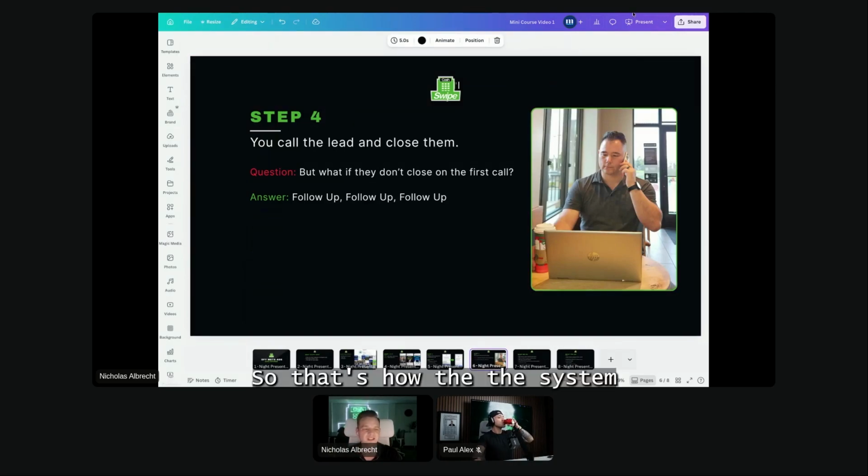So that's how the system works as far as generating the leads. It works great for people, like I said, that work a 9 to 5. It's very flexible. If you're at work and you see a lead come in, go into the corner of the office and give them a call real quick, or go to the bathroom and shoot a text. When I was working, I'd be scrolling on my phone all day long sometimes. So if you can scroll on your phone, you can definitely shoot a text over to a merchant, or give them a quick call.